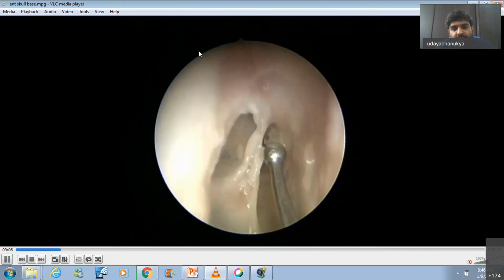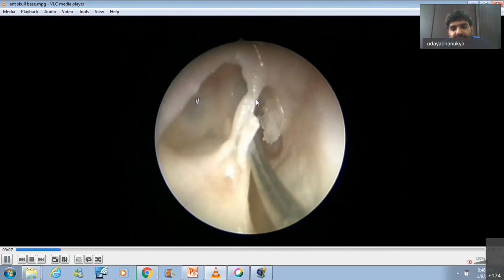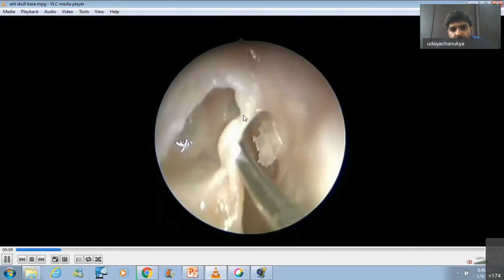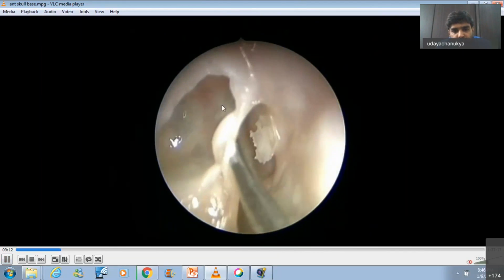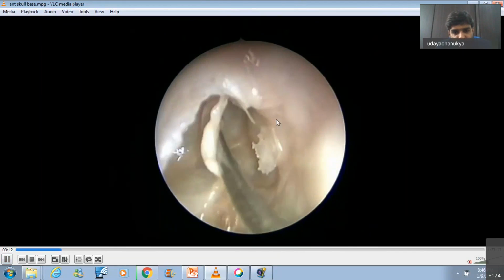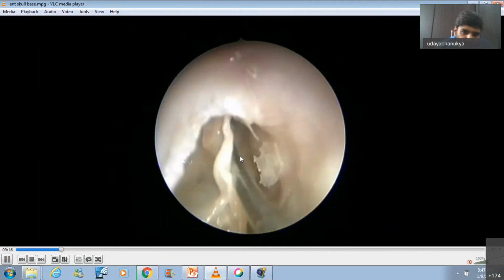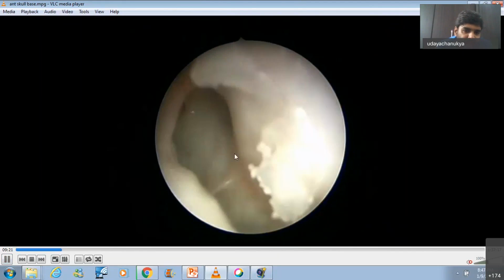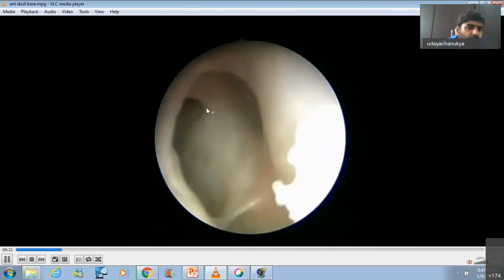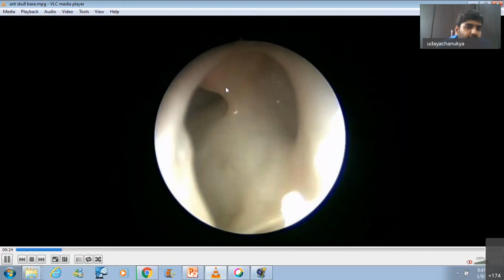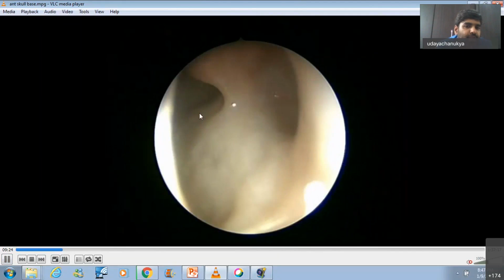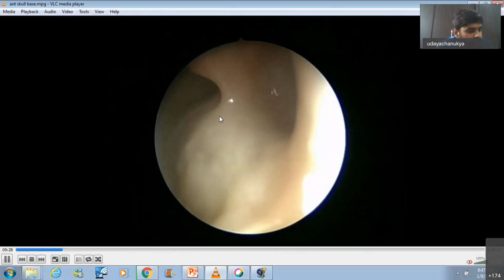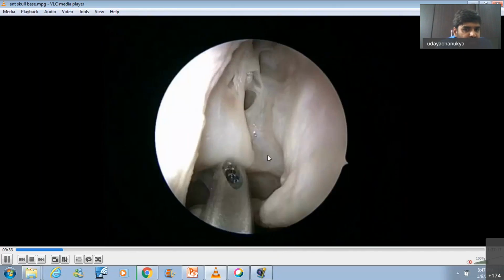Uncinate attached to the skull base, there is the medial drainage. Okay, so the drainage is posterior, so the ball probe is kept posterior to the agger nasi, and this is the uncapping of the egg, and that's how we have seen the frontal sinus. This is the frontal recess, and that is the frontal sinus posterior table, which can be seen in this video. This is the 70-degree telescope which has been used. And proceeding to the